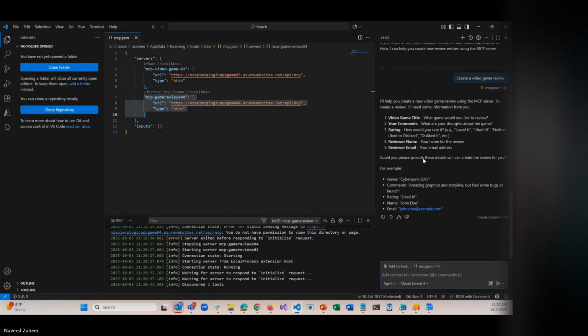Yeah, so basically, you will have to provide this in this shape and form, and then it will create it. So what I'm gonna do is I'm just gonna put this thing here,